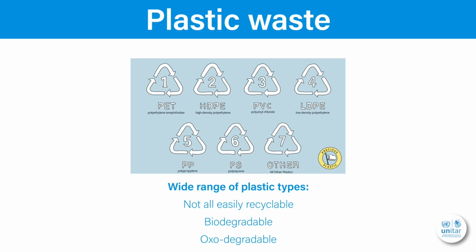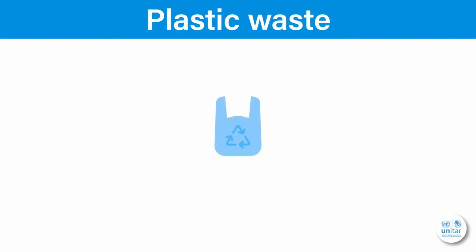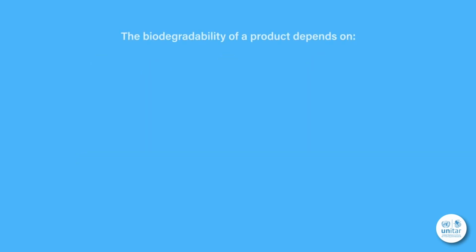Some plastics are biodegradable, some are not, and a new type of plastic is so-called oxo-degradable. Let's have a look at what biodegradable and oxo-degradable mean. Biodegradable means that the material can be broken down into water and CO2 by natural organisms over a short period of time. Contrary to popular belief, the biodegradability of a product does not depend on the nature of the polymer,